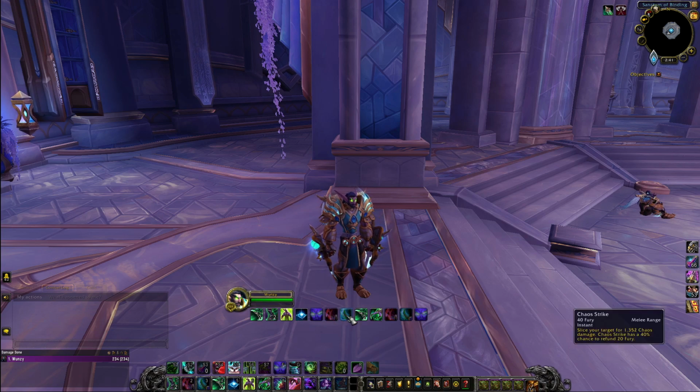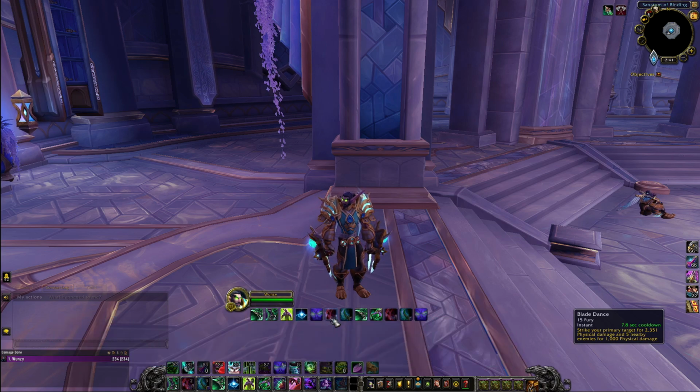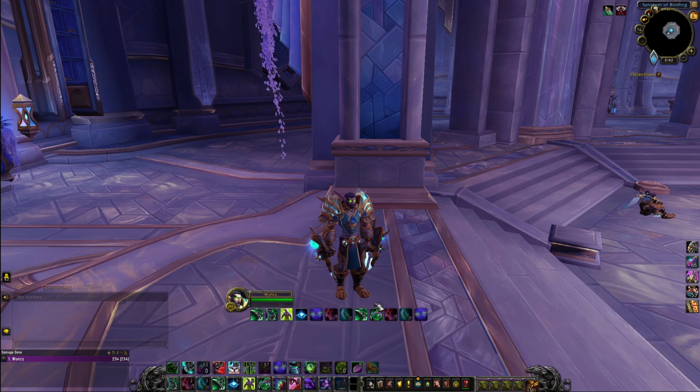Then you're going to spam your Chaos Strikes, and you kind of want to make sure that you have enough to do your last Blade Dance. Now, there are going to be instances where you just get really bad RNG, you don't proc your Demon Blades, and you don't have enough Fury to do your last Blade Dance. It's okay. As long as you can proc the Blade Dance while you're in the Demonic, even if your Demonic falls off up here, you're still going to gain the effects from the Demonic, the increased damage. Then when you come out,